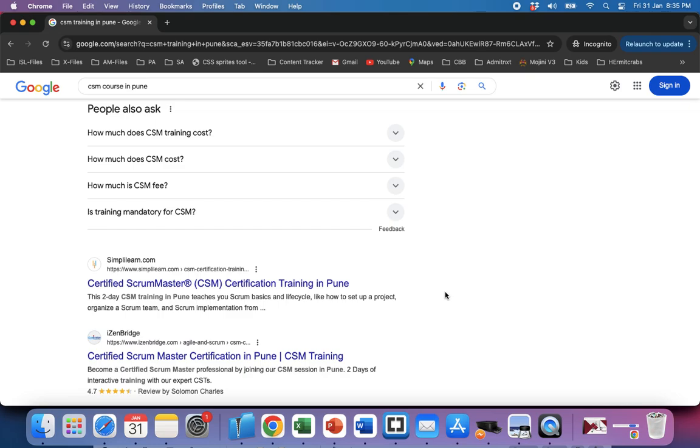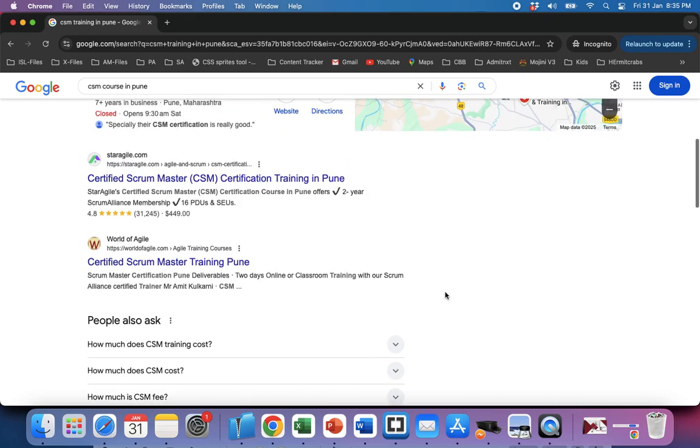The beautiful part is, if the bot understands the information the way we understand, it starts giving a rich presentation for that information, as you see here. The moment Googlebot understands 4.8 is the rating provided to the web page and 31,000 as the number of reviews and 449 as the price of the product, it starts displaying the same on the Google search results, which gives a very rich presentation and plays a prominent role in improving the CTR of your search results. Clear?